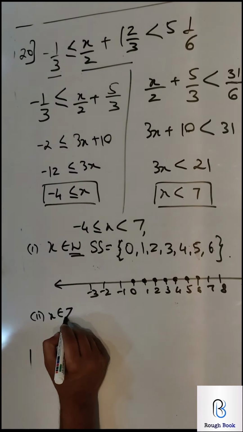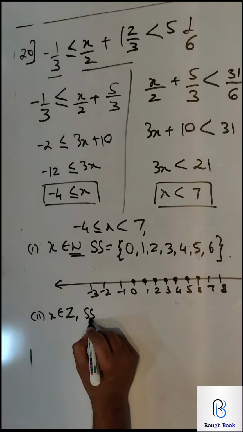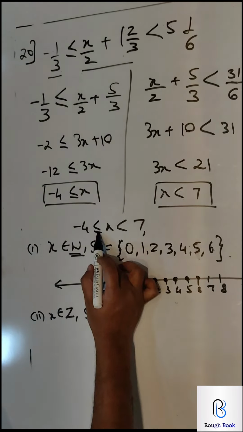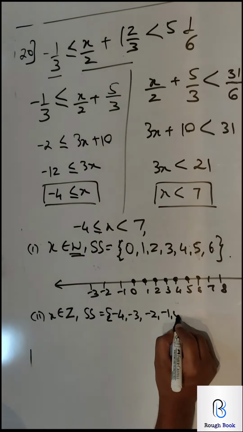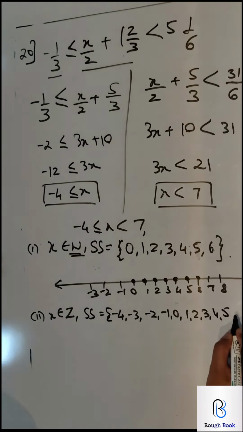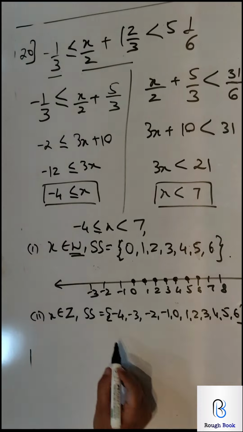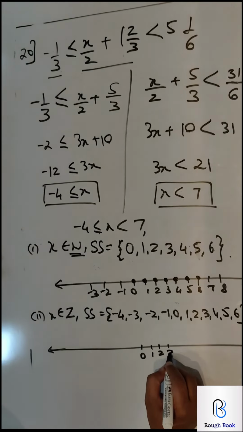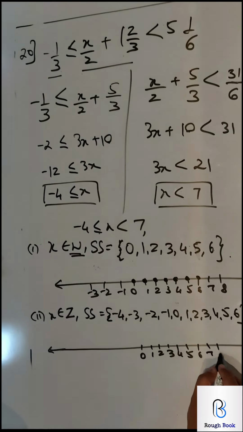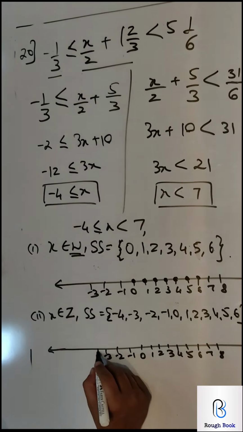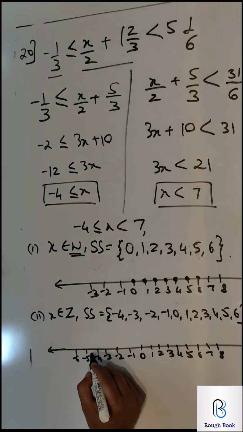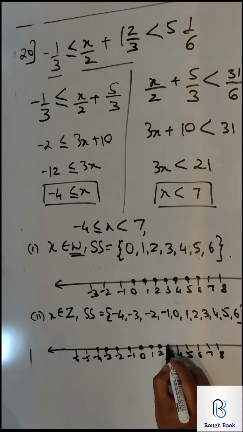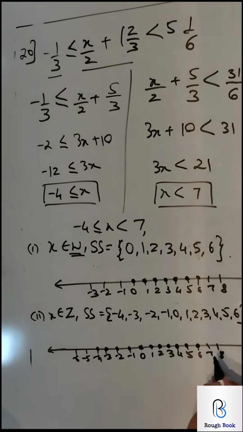The second one, when x belongs to Z. Z is integers. Please don't forget that. So integers will have all the negatives and positives. So starting from -4 because it is inclusive, -3, -2, -1, 0, 1, 2, 3, 4, 5 and 6, because 7 again is not inclusive. So a big number line. You'll have to draw most of the points here very close to each other so that all can be included. So -4, all dots because it is integers. Only in real numbers we have the IC method, and only till 6.